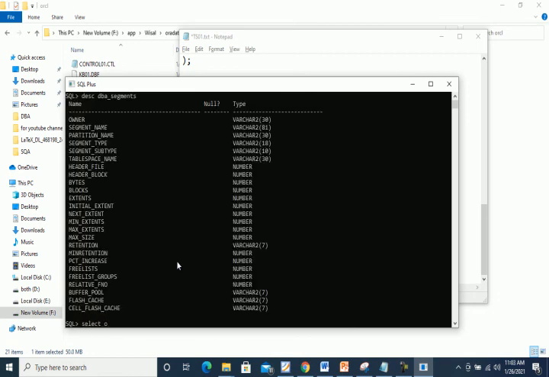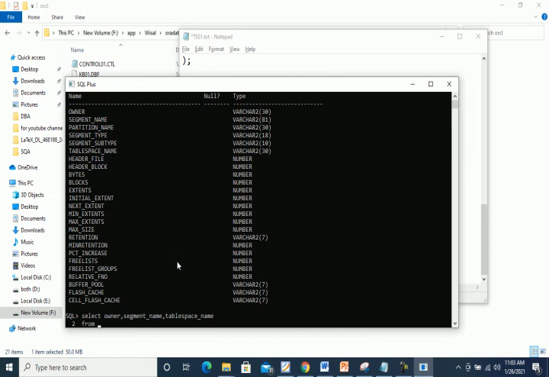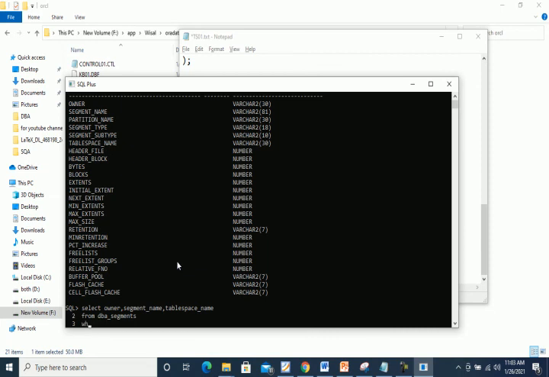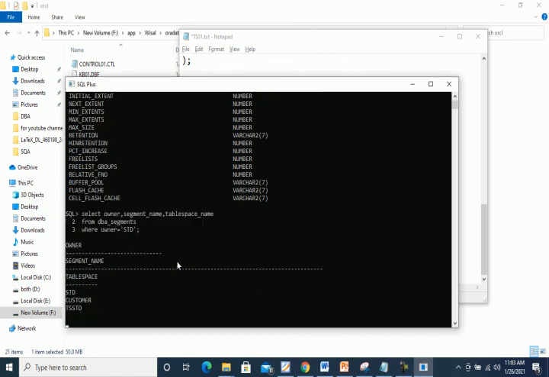So select owner, segment_name, tablespace_name from dba_segments, where we want to know information about the std database objects, where owner equals std.